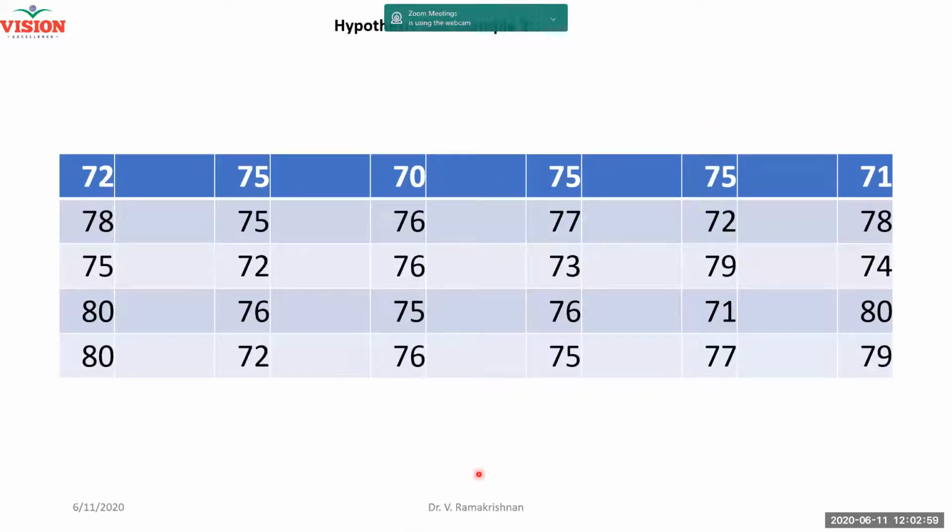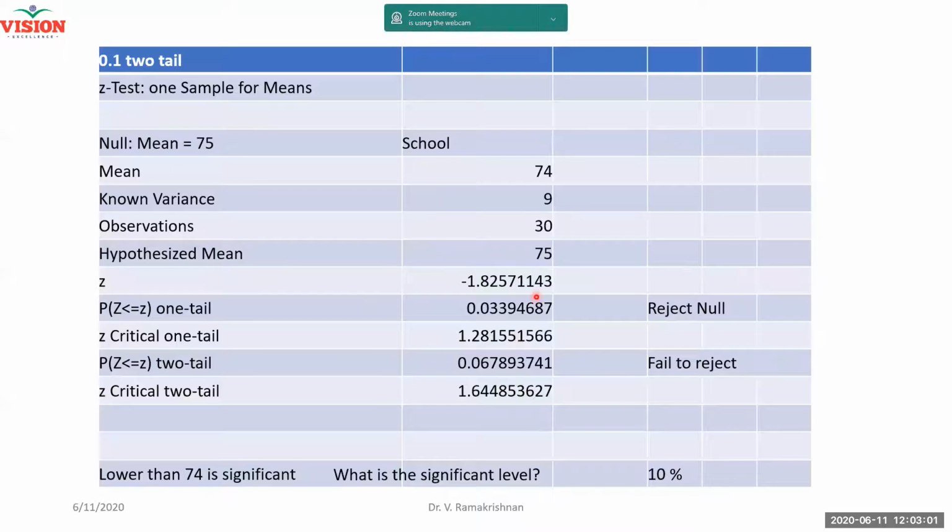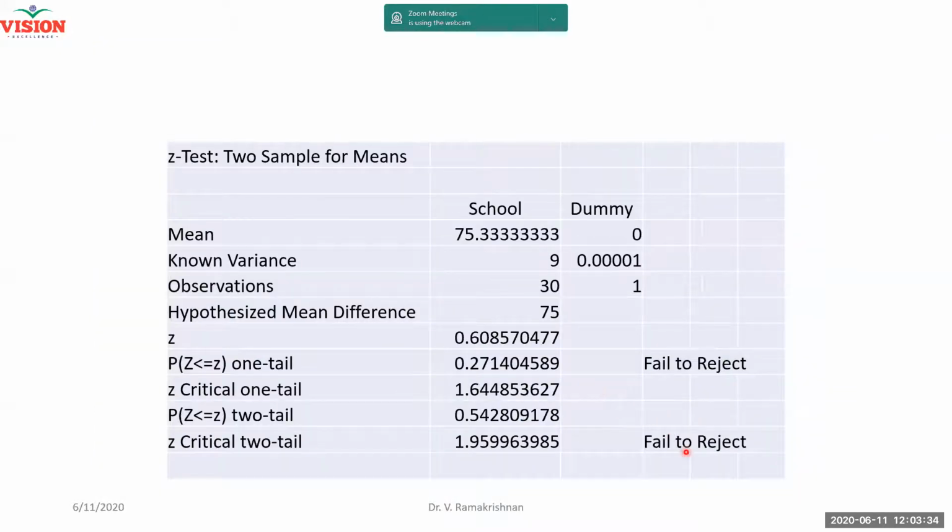Now what we will do is look at another example. Here I have to reject the null. There, and here I am failing to reject the null, depending upon the two-tail test for 10%, that means 5% on either side. This is the statement made by the null: the mean is 75. The claim is 75. After the good students report to the teacher, sir, it is 75%, not 70%. Then she increased the claim, but says that you reject this null. Right? 5% significance. Now here the answer is fail to reject.